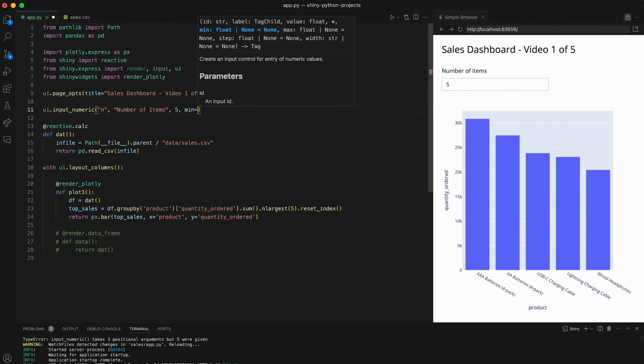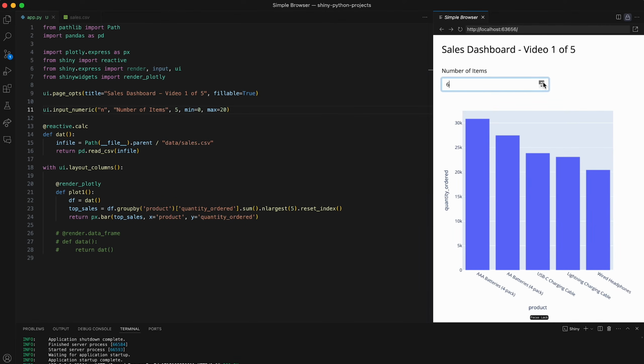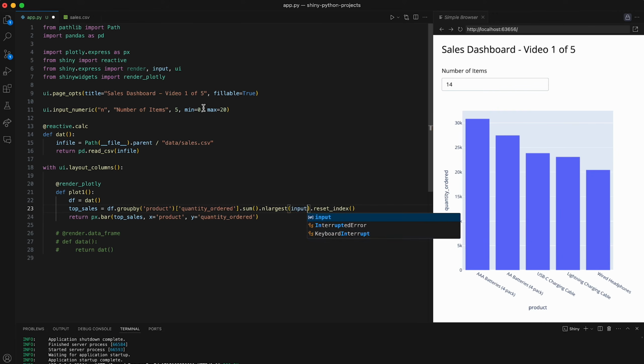I'll do min equals 0, max equals 20. We can increase this number. And then finally, one thing that's cool is that we could replace this 5 with the value. And we grab the value by doing input that we imported here. And then this is the variable name. So in this case, it's n. So input.n